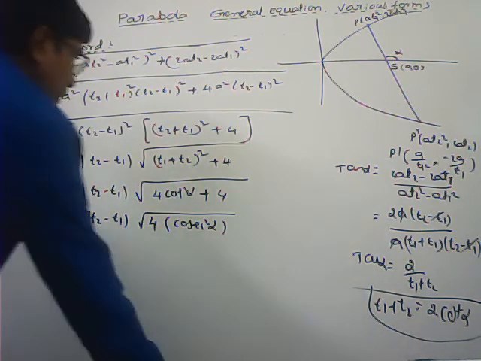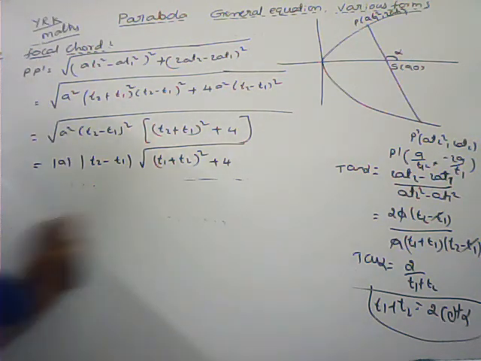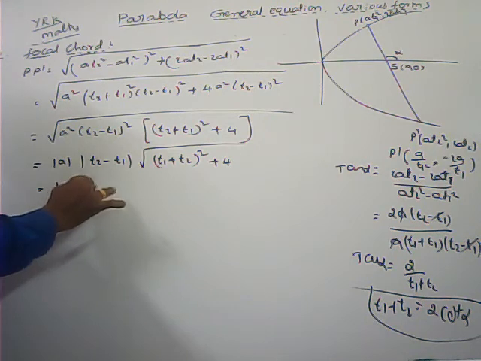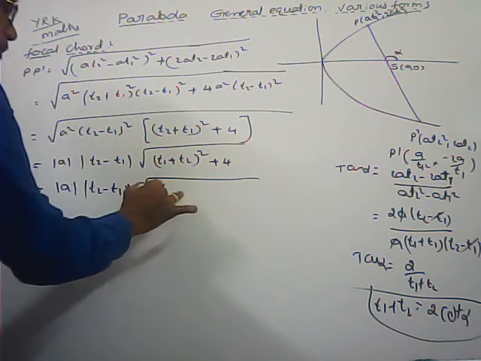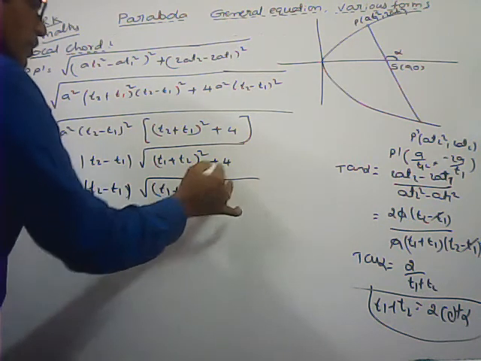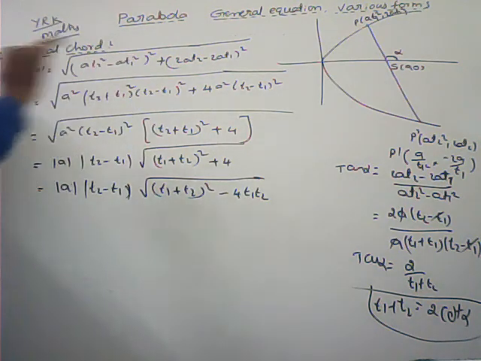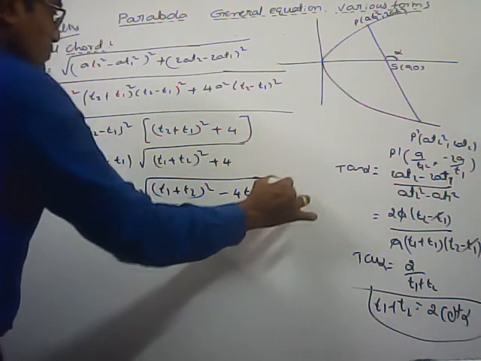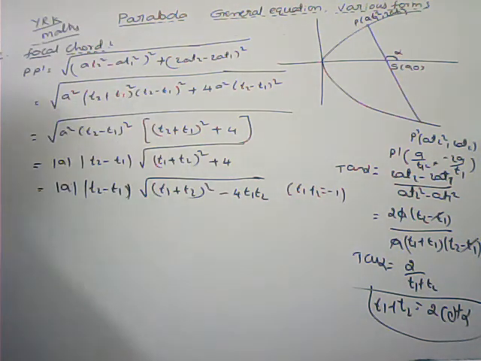Otherwise, instead of keeping it here, first we can make it a single term, then we can substitute that value. So this one we got modulus of a, modulus of t2 minus t1, under square root of (t1 plus t2) whole square. This one I can write minus 4 into t1 t2. Why? Because here PSP dash, that is the focal chord. t1 into t2 is equal to minus 1. Already we got that one. t1 into t2 is equal to minus 1. So plus 4 only we can get.